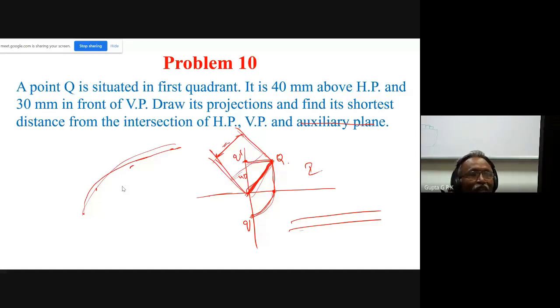When you ask your seniors, all people are scared of projections of lines inclined to both the planes. But I will make it as simple as possible. You will feel that, why did people say it is difficult, right? It will be so simple. But be cautious and attentive in every point I told, and any difficulty or doubt, you immediately get it clarified.